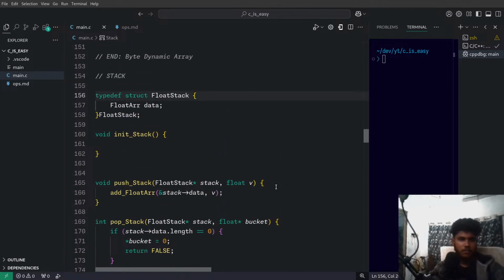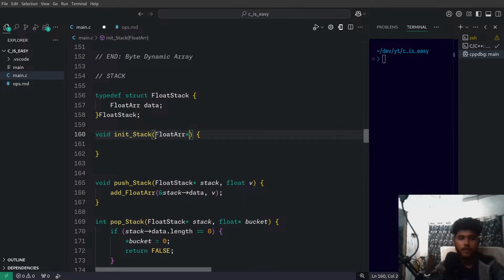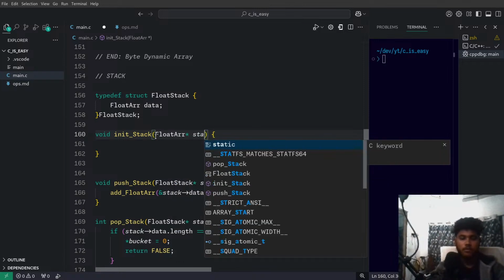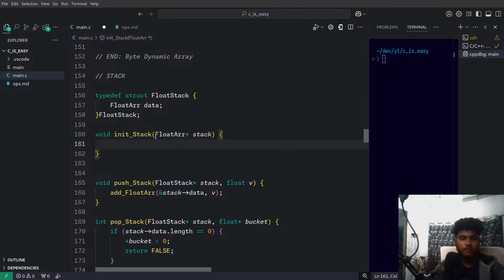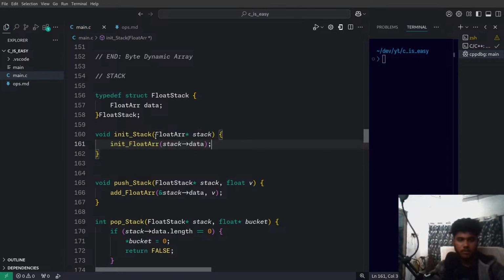So float stack name is fine. So we'll accept a float start pointer stack, and we will just call init float array on the internal array function stack data. I guess that's fine. Init float array, and it